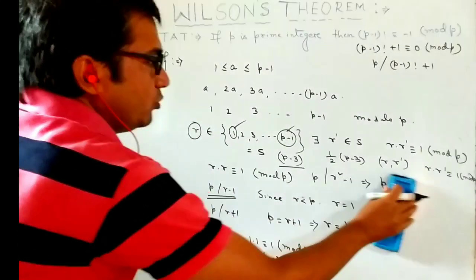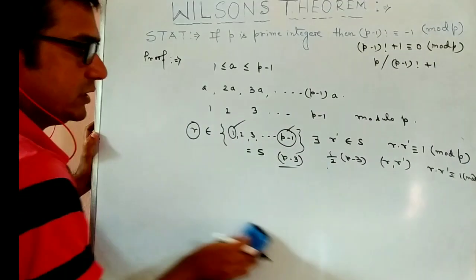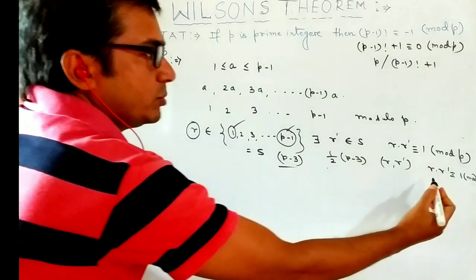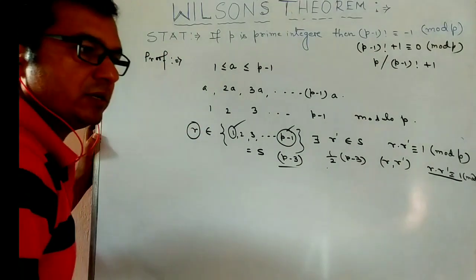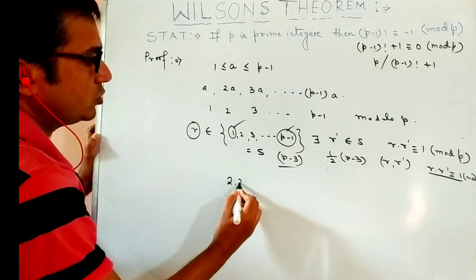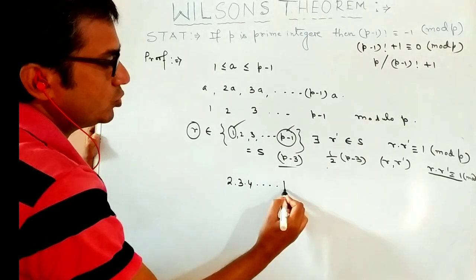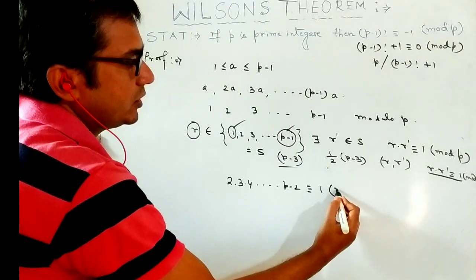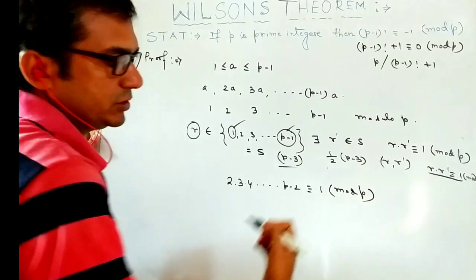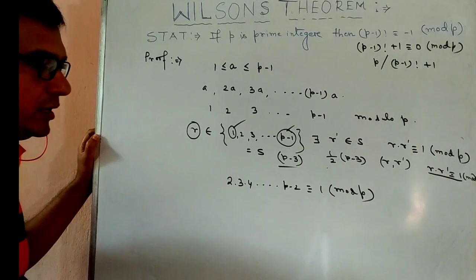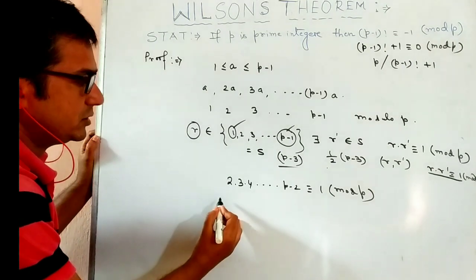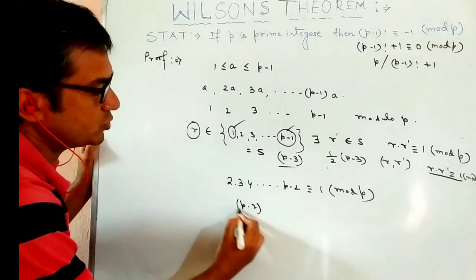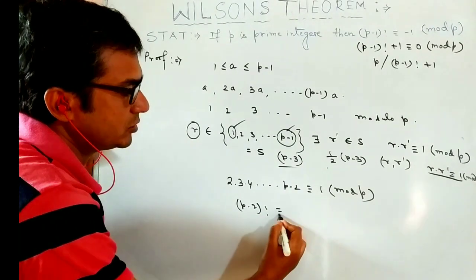So if we take the product of all the elements of this type, then we get 2, 3, 4 up to p minus 2 congruent to 1 mod p, right? And this is (p minus 2) factorial congruent to 1